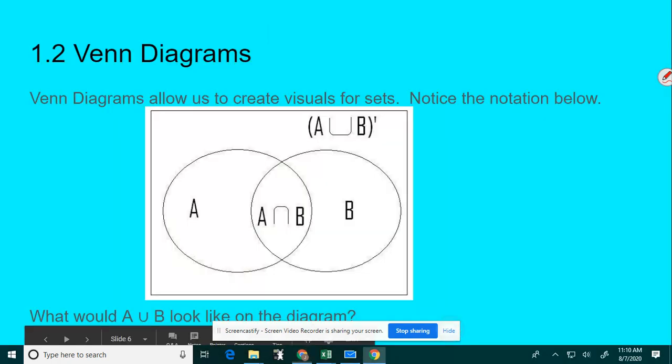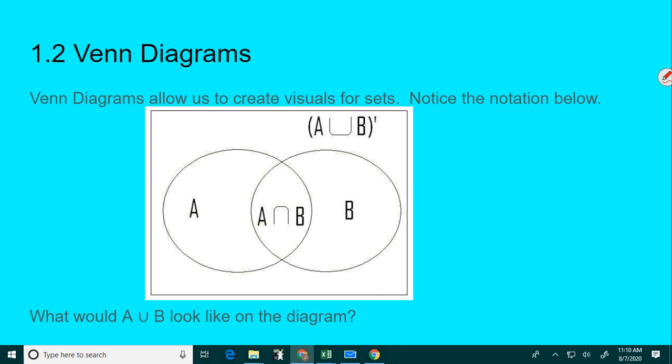All right, what's up? Let's get on here to section 1.2, Venn diagrams. You've probably seen this in English class, maybe in a math class before. Basically, they're letting us create visuals for all these sets that we're talking about. So right now I've got a kind of generic Venn diagram with sets A